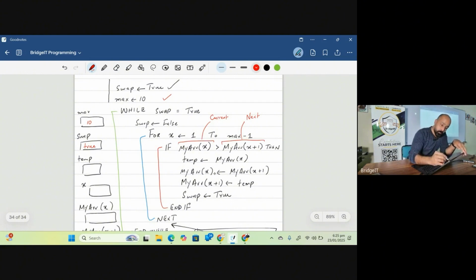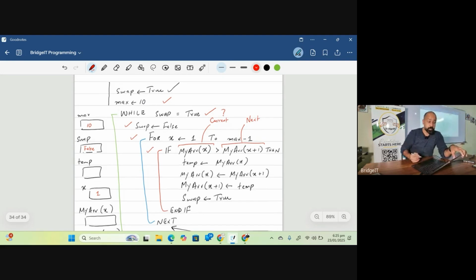ठीक है बेटा, while swap is equal to true, क्या स्वैप के अंदर ट्रू है? यस, इस वक्त है, तो हम लूप के अंदर चले जाएंगे। जैसे ही अंदर जाएंगे हम स्वैप को ट्रू से फॉल्स कर देंगे। पहले एक पेंसिल यूज कर लेना हल्की वाली, ताकि मिटा मिटा के अपडेट कर सको, या कट करके कर लेना। बेटा फॉर एक्स के अंदर तुम्हारे पास 1 आ जाएगा, सही है।